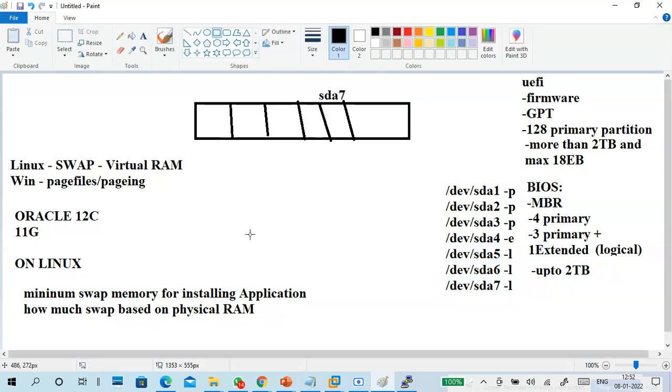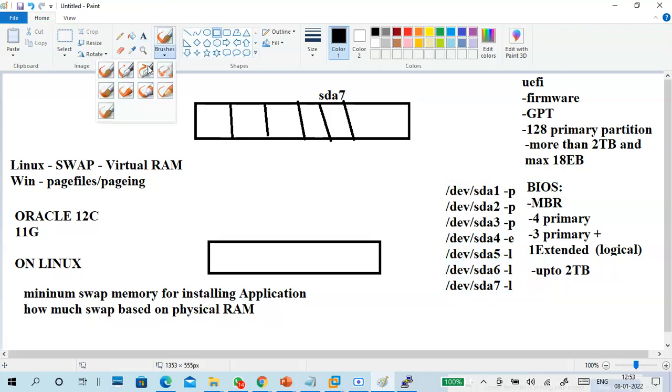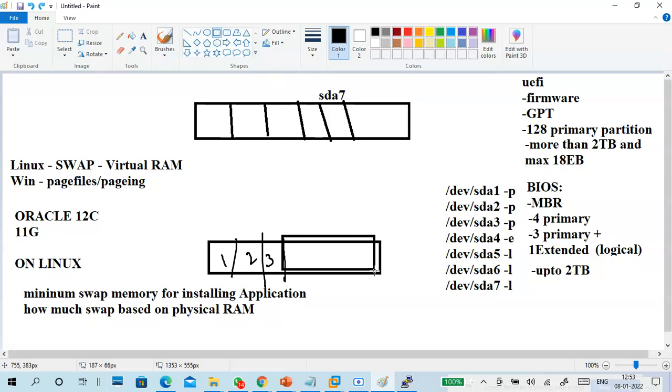Remember, this is the first one, second, third, completed. The fourth one is this, the extended.